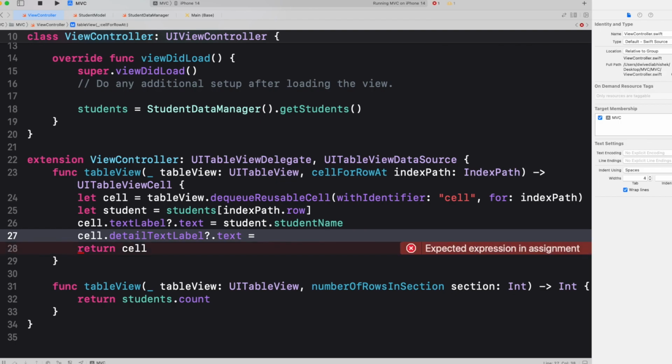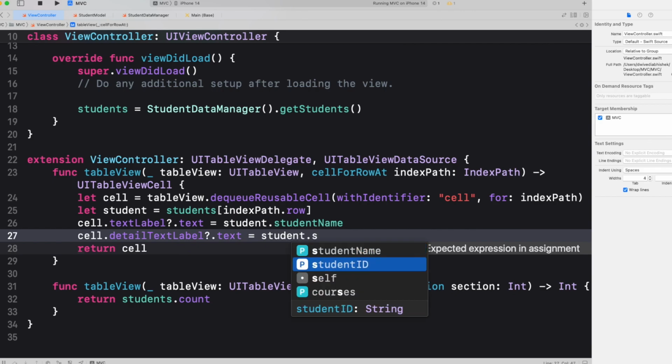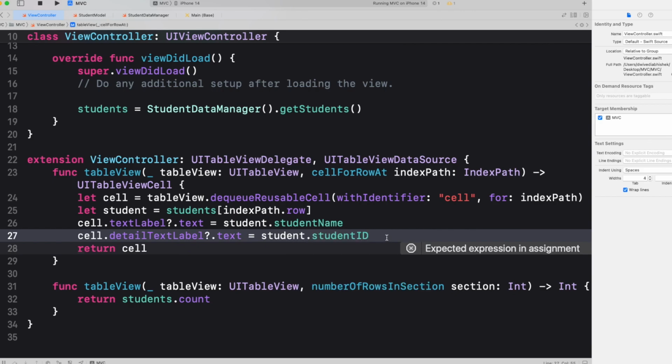Okay, now this is again tricky because student courses is an array of strings. Okay, you try this in your assignment. I'll tell you for the ID and you try for courses. Okay, so if I run this now,